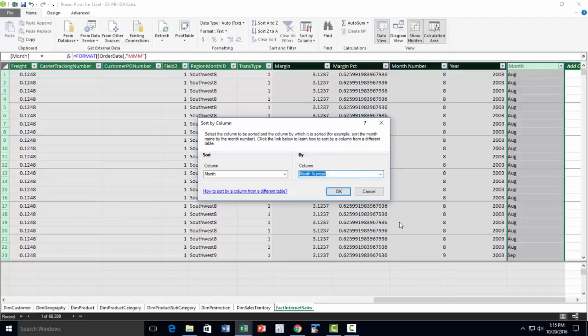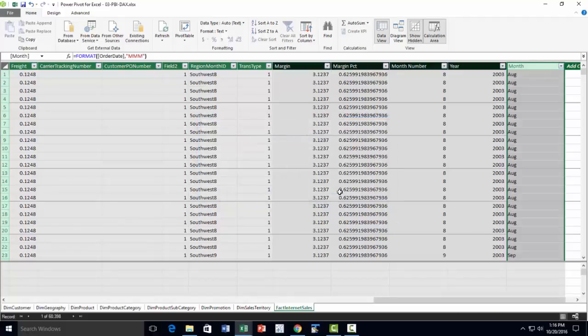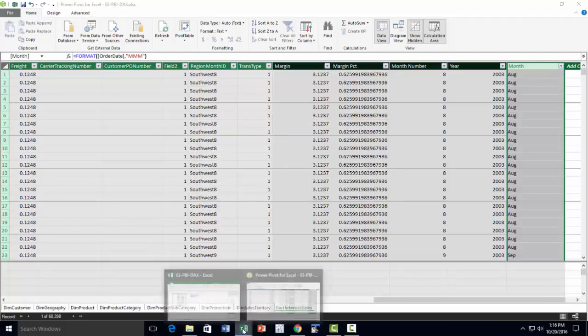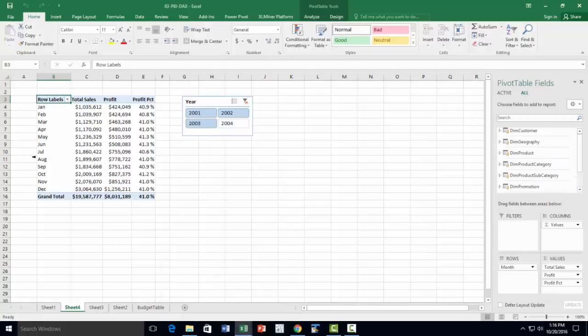Okay. So there was a similar thing that we did in Tableau too, if you remember. Okay. Now if you go to the pivot table and you see it is sorted